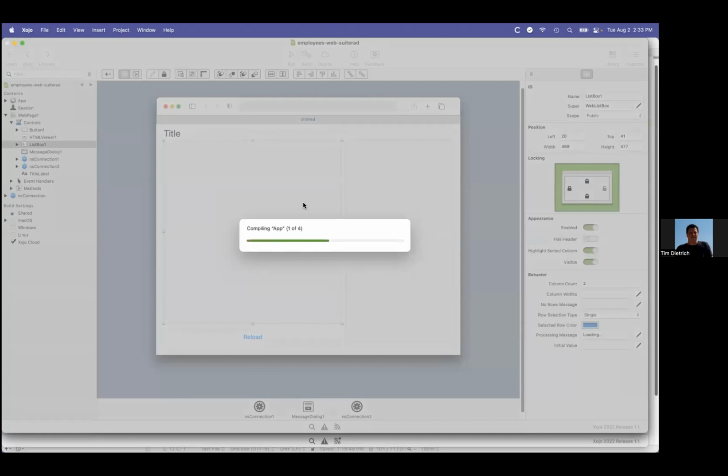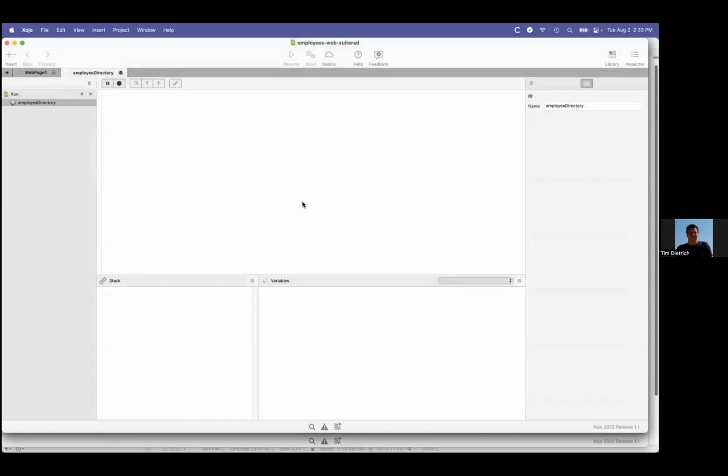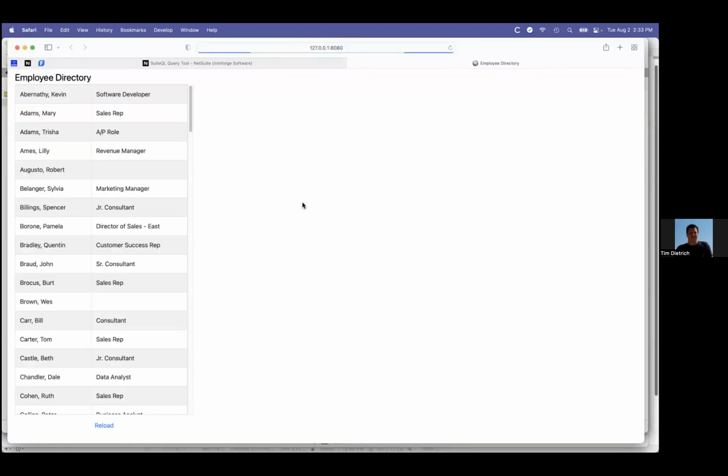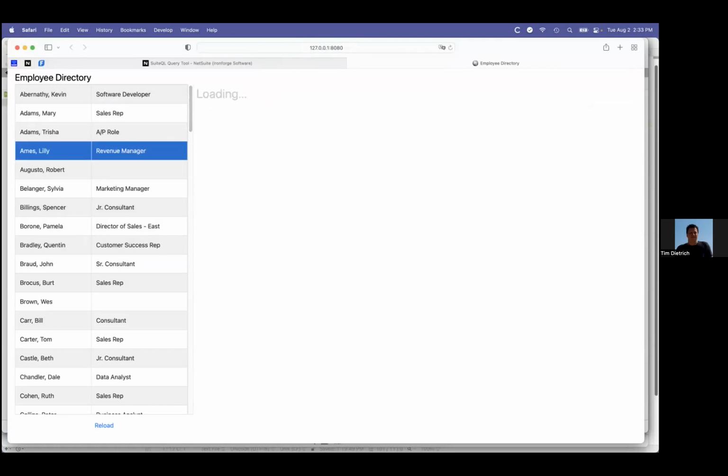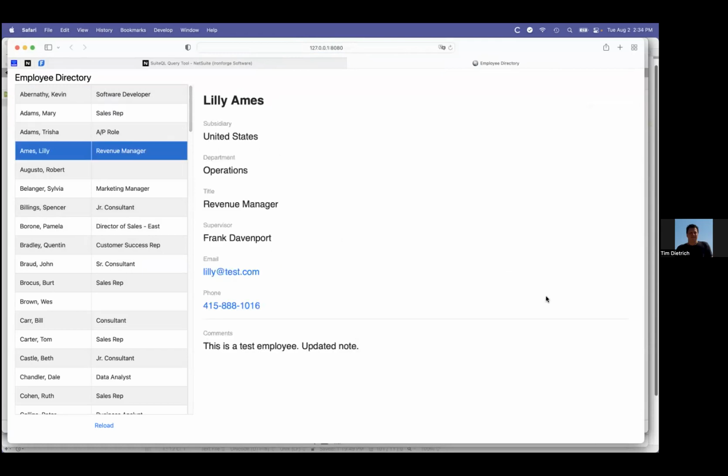And like Geoff said, this is building a standalone web application that actually has the server built in. There's the list view that loaded. And then if I go ahead and click on one of the records, it's going to load, and there's the details. Again, I'm not trying to win any design awards here. It's really just to show you how easy it is to take the concept and the code from one application, port it over to another type of application, and